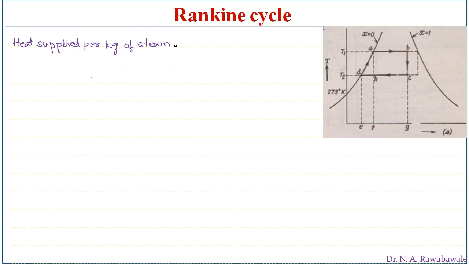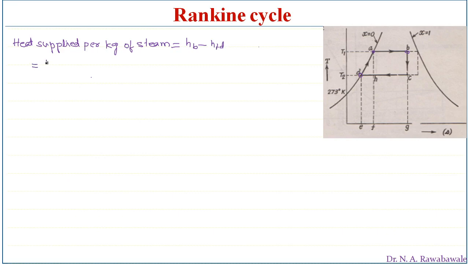is given by, so heat supply starts from point D and it continues up to A and then beyond A up to point B. So heat supplied is nothing but HB minus HD, or we can call it HFD. So at point D, the condition of the working substance, water, is liquid. So this can be written as